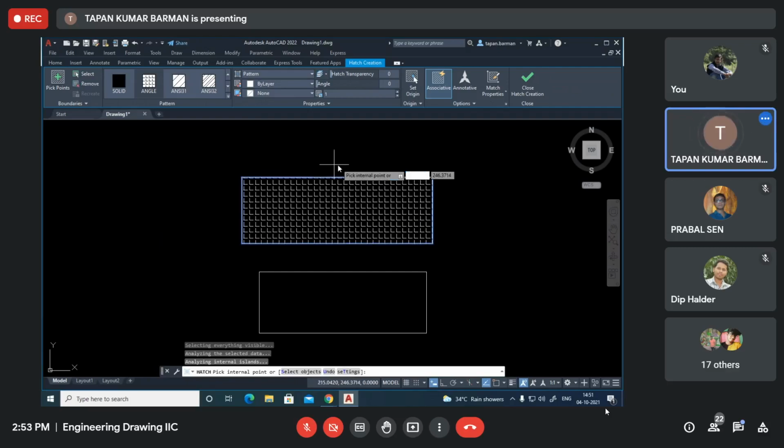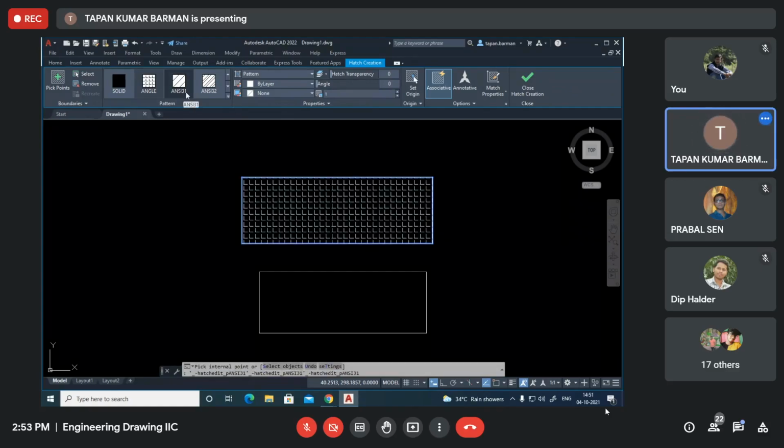But for our engineering materials, engineering metals, generally for steel, say mild steel or any other steel materials, we generally use the hatch pattern ANSI 31. Try to remember the pattern name ANSI 31.